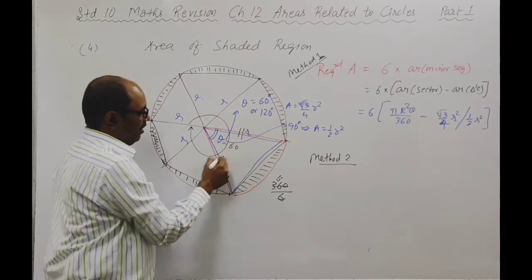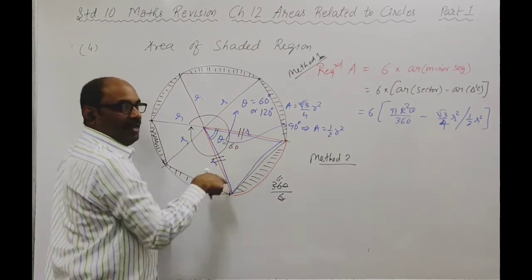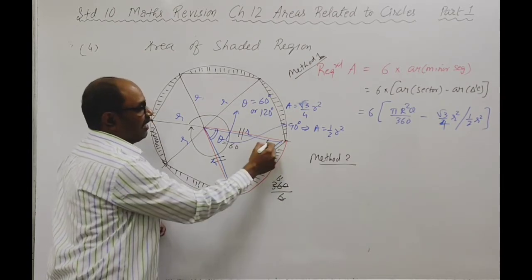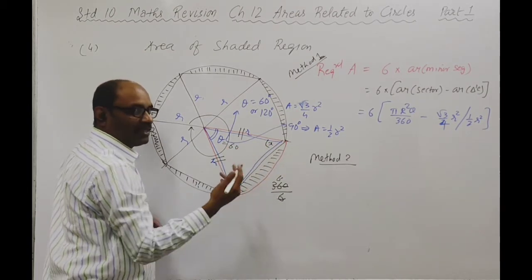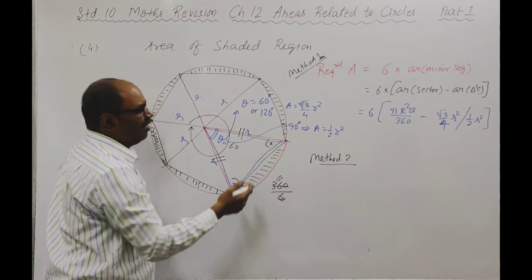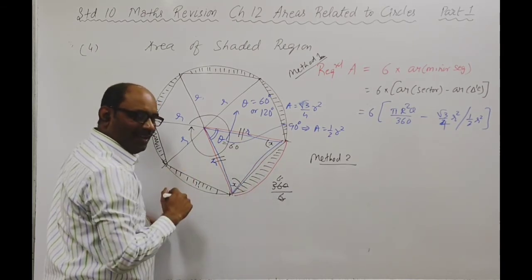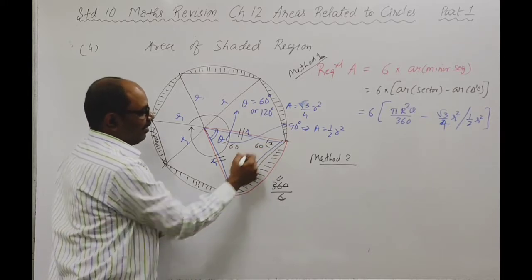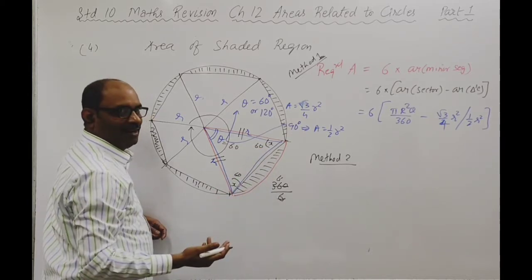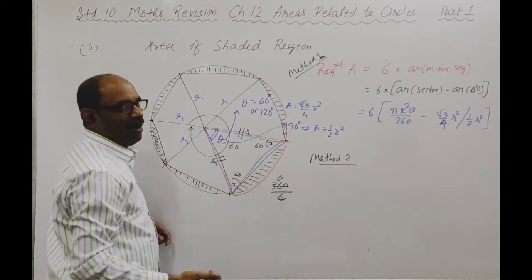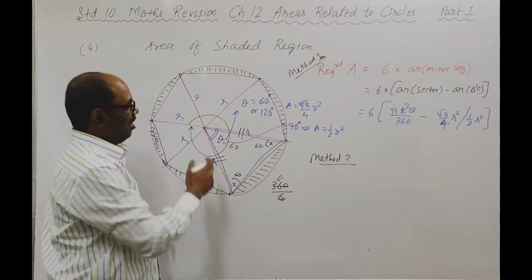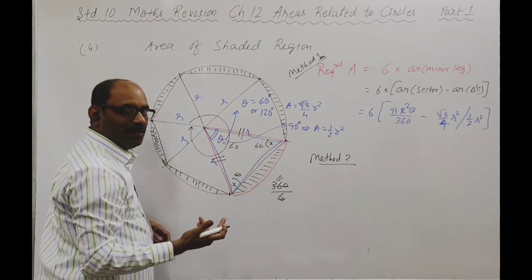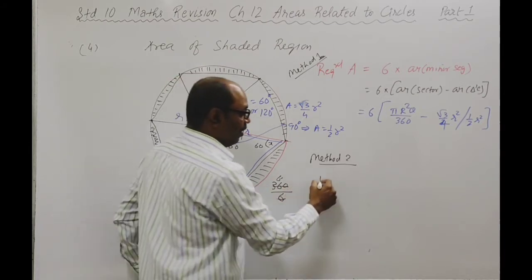Now this side are equal radii. So opposite angles are equal. So if I call this is x and this is x, 60 plus x is 180. So 2x will be 120. So x will be 60. So equiangular triangle होगा. So equilateral. So equilateral triangle होगा तो क्या हुआ? Root 3 by 4 r square, side square, but the side is r. Are you getting me?